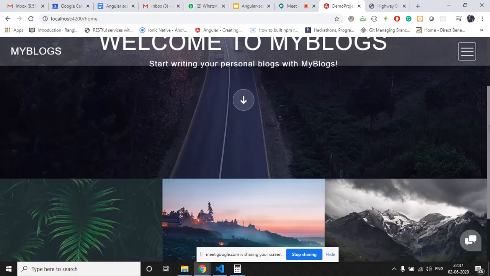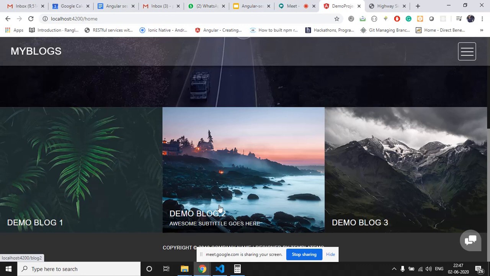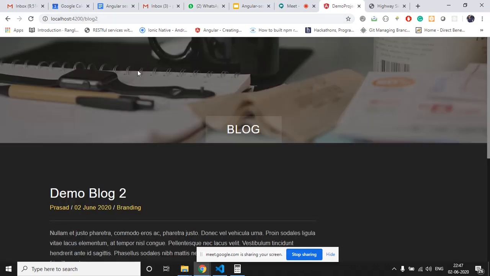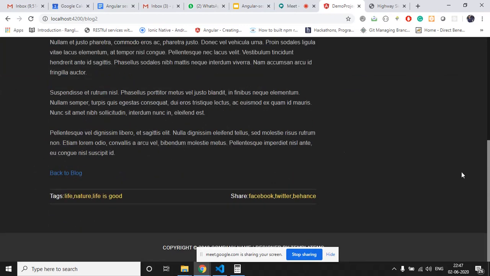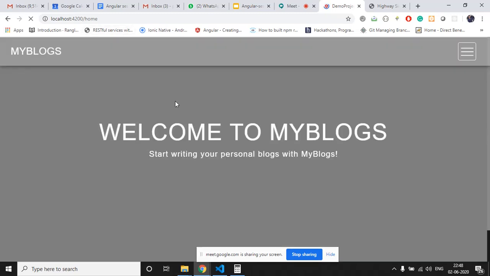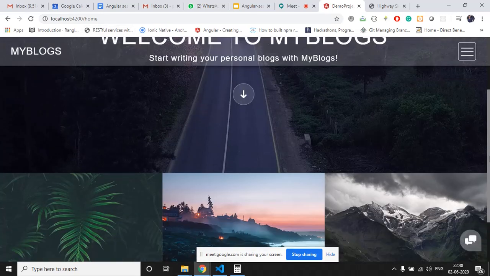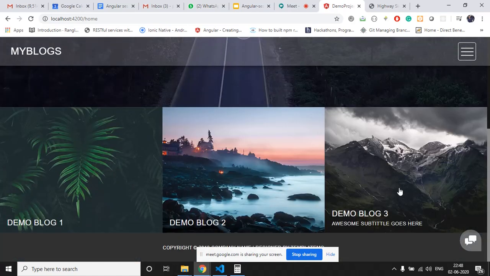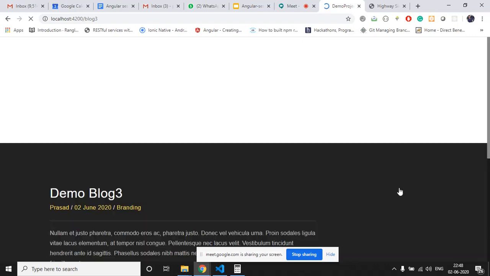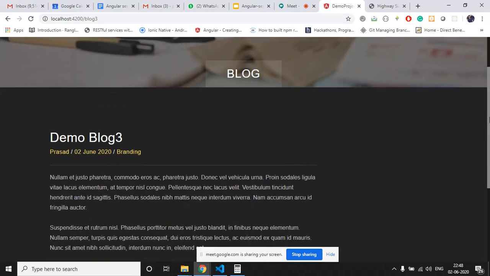When we click on demo blog 2, it will take us to blog 2, so this will be the second blog for our site. We click on back to blog, and it will take us to the home page. Similarly, we have done the same for demo blog 3. When we click on this, it will redirect us to the demo blog 3 component where we have written the third blog for our site.